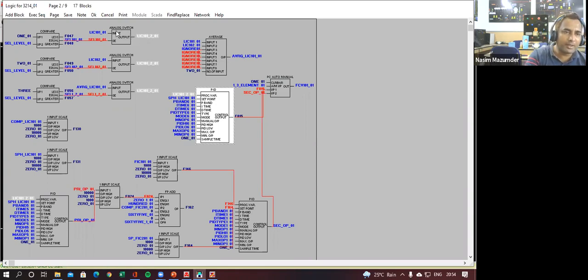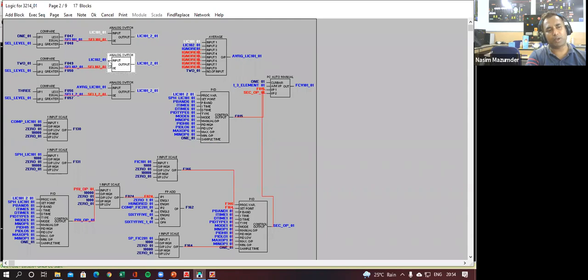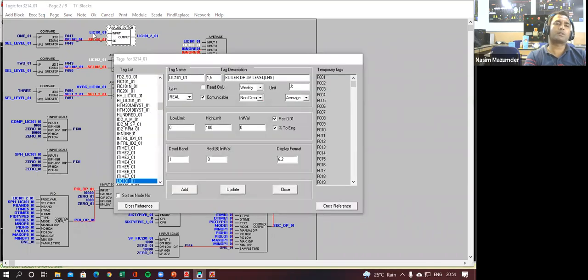Then we can see here they are using some analog switch. Now this analog switch, if I study it, then I am finding here LIC101 underscore 01. This is something, LIC102 underscore 01. This is another tag. Then what exactly are they doing? First of all, you should understand what this LIC101 underscore 01 is.